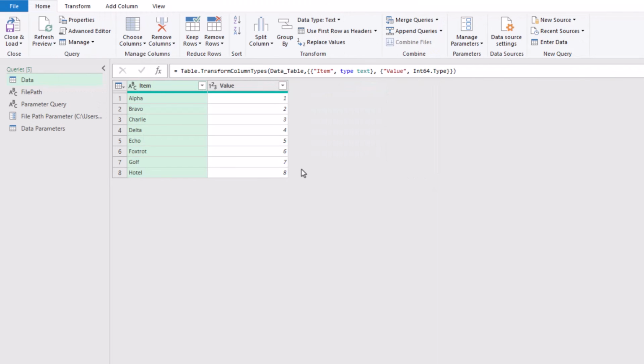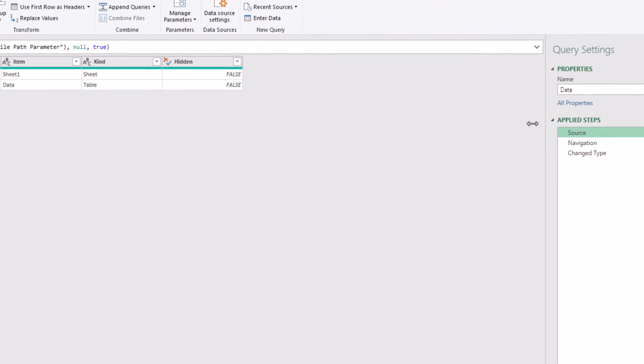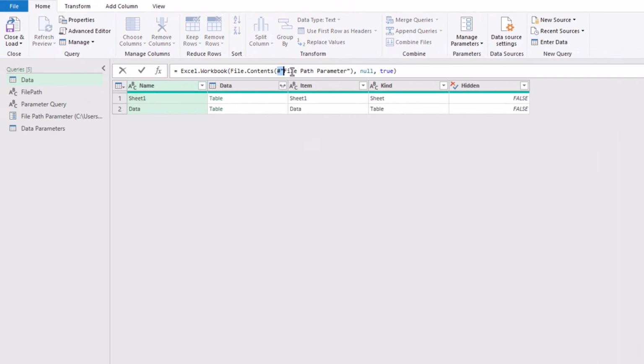Method 7 involves changing the source data inside an official Power Query parameter. So again, if I come to my source step here, you can see that I'm referencing something called file path parameter. When I find that query on the left hand side, you can see that it has this icon. This icon indicates that it is an official